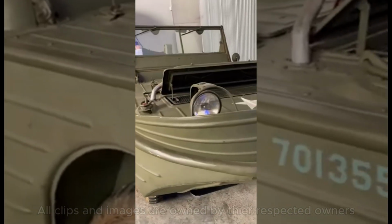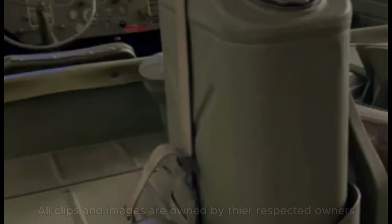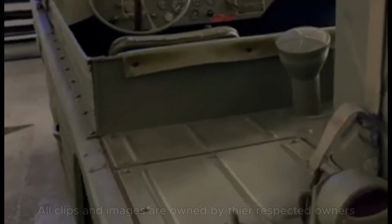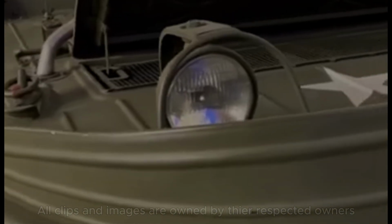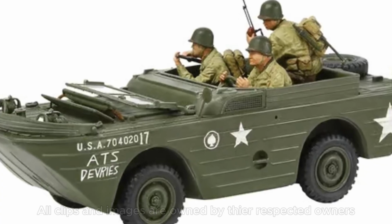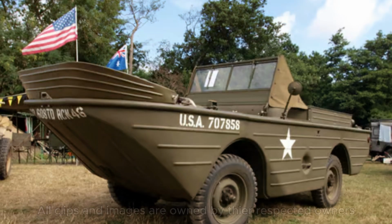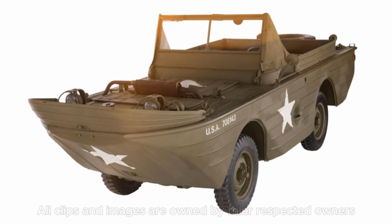Two companies competed for the contract. Marmon-Herrington built their prototype as an integrated unibody structure, welding steel sheet into a single hull. Ford took a different approach, using a conventional chassis and internal frame with sheet steel welded over it. The Ford design came in roughly 400 pounds lighter than its competitor and shared as many components as possible with